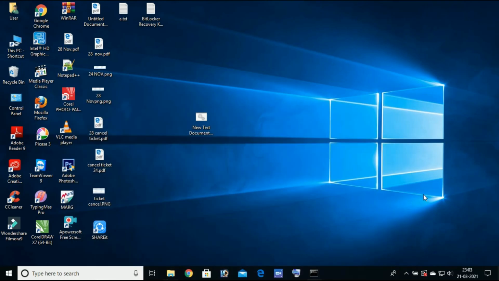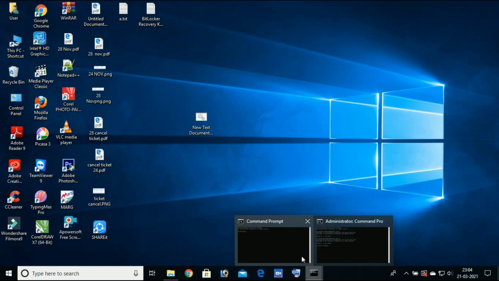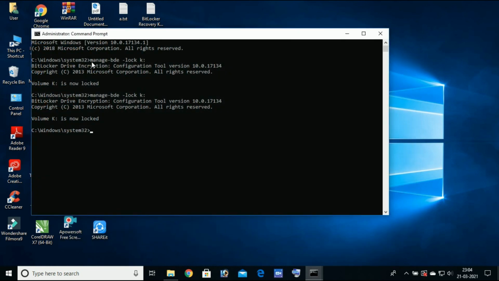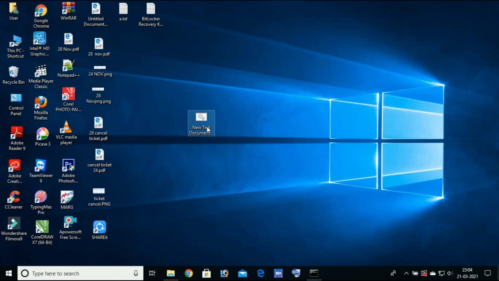So using two methods: opening the CMD, and making the txt file, copying and pasting our command, manage-bde space -lock space K colon, and changing the extension of this file to .bat, right?